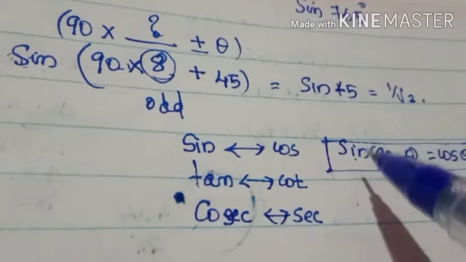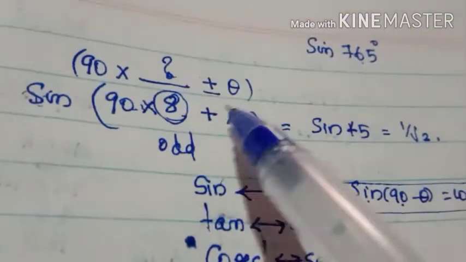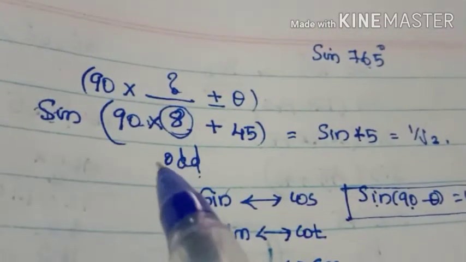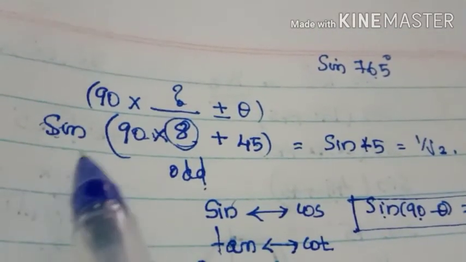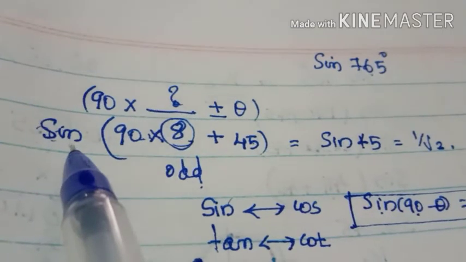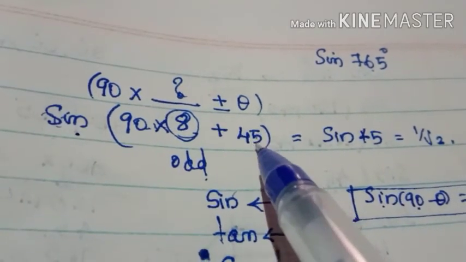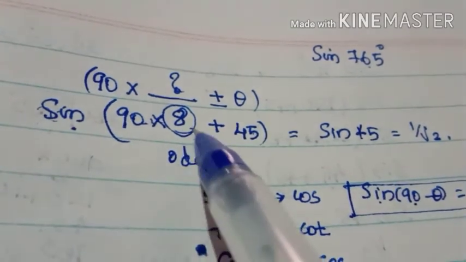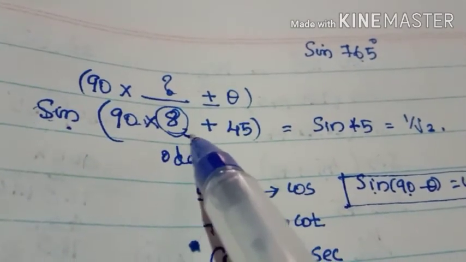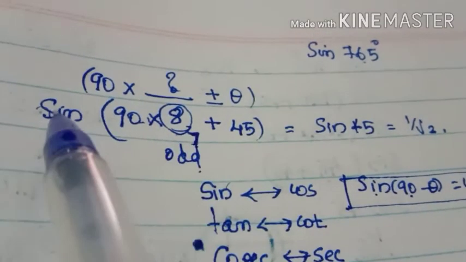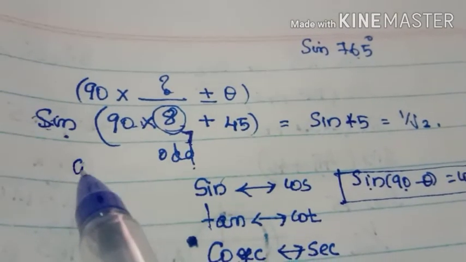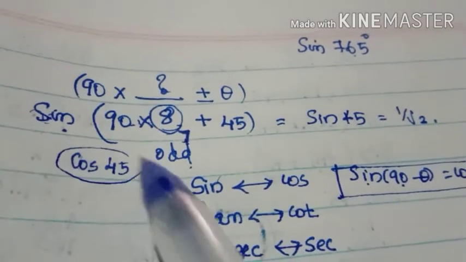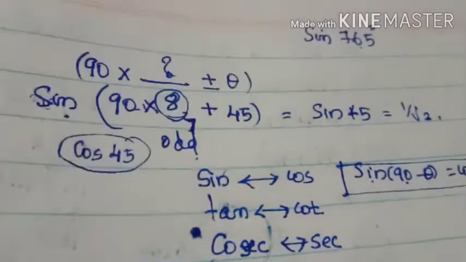That's the meaning of complementary ratios. So in this place, if we have any odd number, you have to write the complementary ratio of the original function with this acute angle. So suppose instead of 8 it is 7. Just listen, if it is 7, then you have to write, instead of sine, it is cos 45. Okay, in this manner also you can follow it.